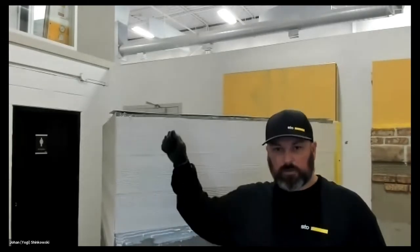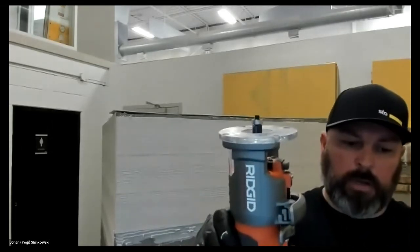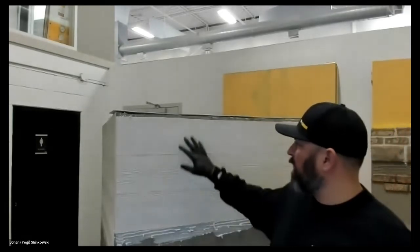I should have left it a little bit longer, just so I have some material to cut off. But I like to use the router because it gives you a really true clean corner. And there's just a cheap carbide bit on here, which they do burn out. It's just carbide, and there is a little bit of aggregate in here in the fiberglass mesh. They're expensive, but if you can find a diamond one,